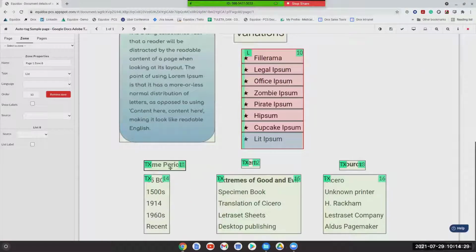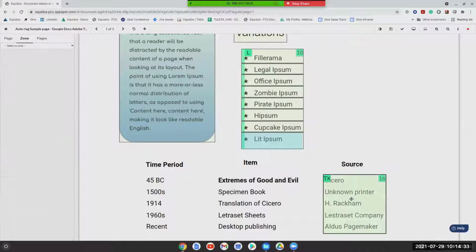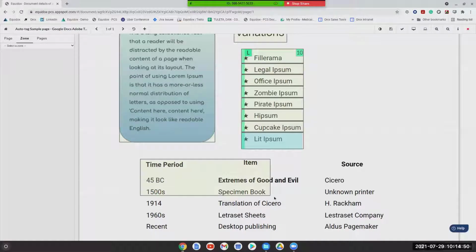Now down below, if we take a look here at this table and the way it currently sits, it had a bunch of individual text zones sitting over the top of it, which is not ideal because with those text zones, the end user would be forced to just read this table in whatever order was provided to them through the reading order of that page. We really want to make sure that this is tagged properly as a table.